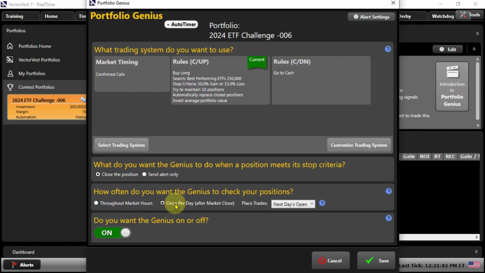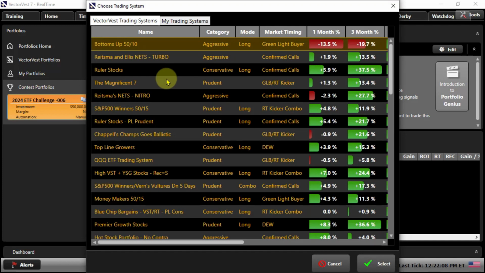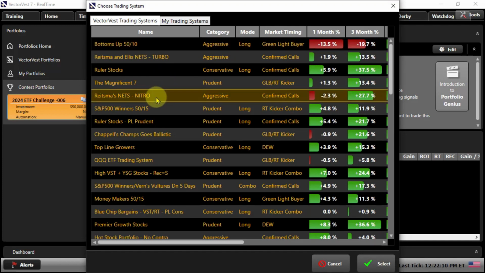That's the real catch, and I know there's been a lot of discussion about that with the Nets Nitro and the Turbo. We are working on a good fix for that in the future. Nice thing about the competition, you have the ability to get things set right here if you're going to be doing that, okay? You also would have the ability to come in, select, say, Ritzma's Nitro,